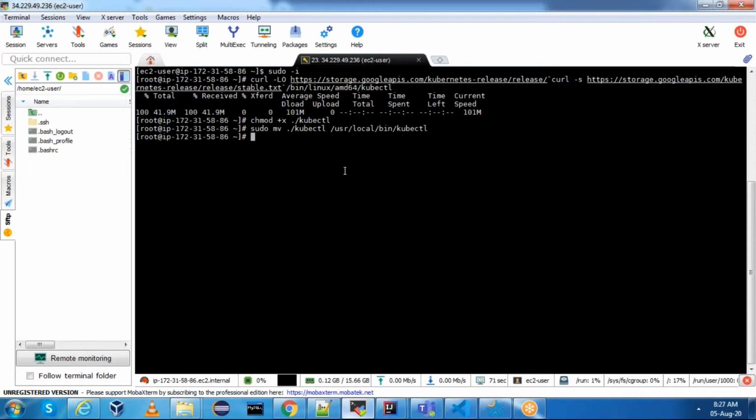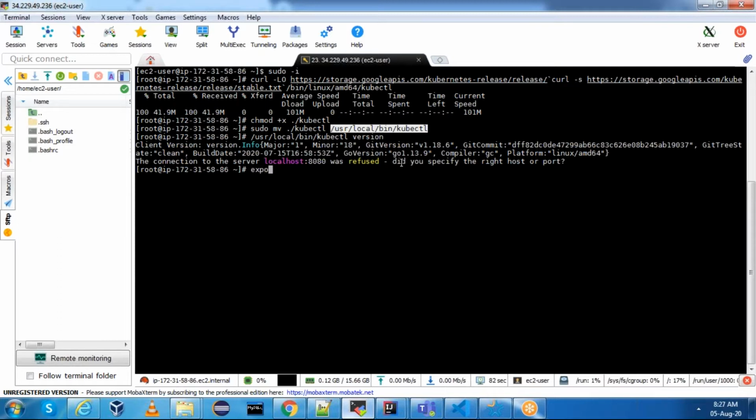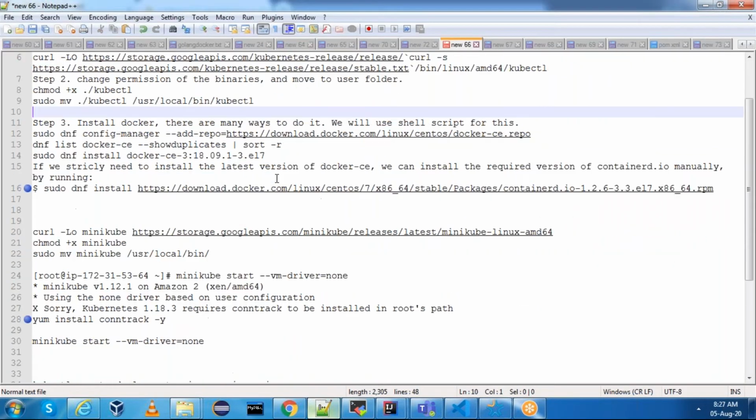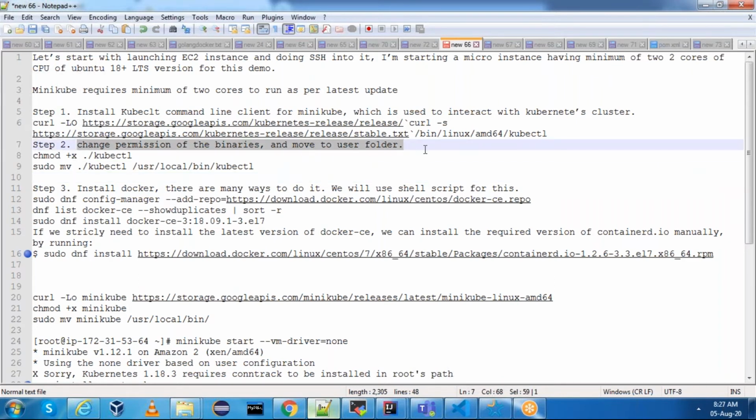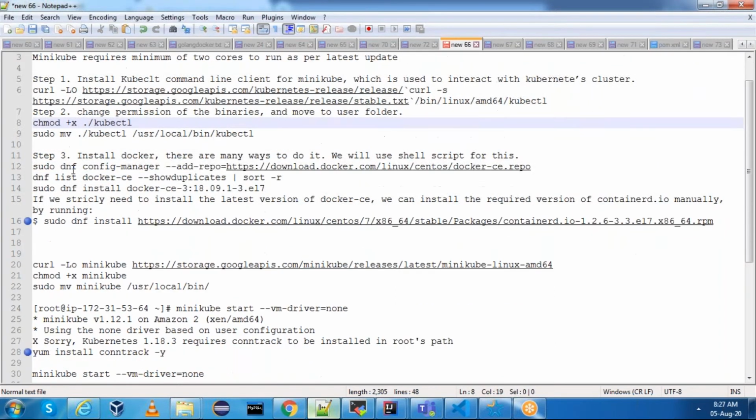If you want to see the kubectl version, you can say kubectl version. If you want, you can set it as export PATH=$PATH:/usr/local/bin. Let me do the second step. Second step is changing permissions of binaries and moving them to the user folder. This is also done.